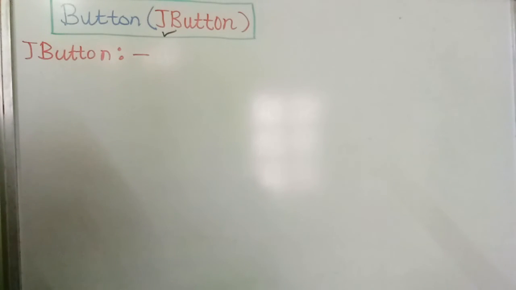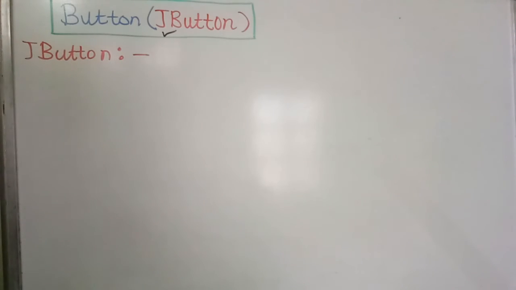Swing buttons are derived from the AbstractButton class, which is extended from JComponent, and it has a string or icon to be associated with the push button. The push button feature is provided by the JButton class, and this push button contains an icon or naming string, meaning a label, or both.